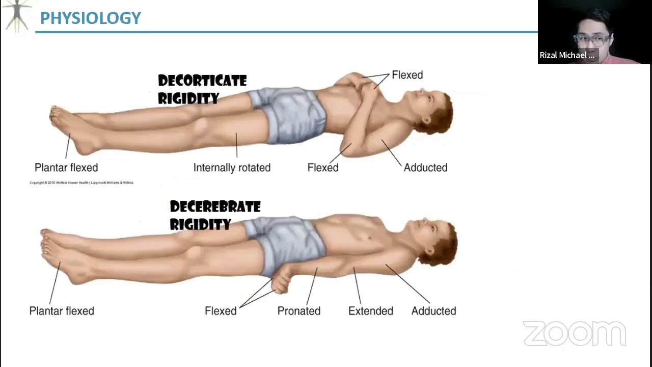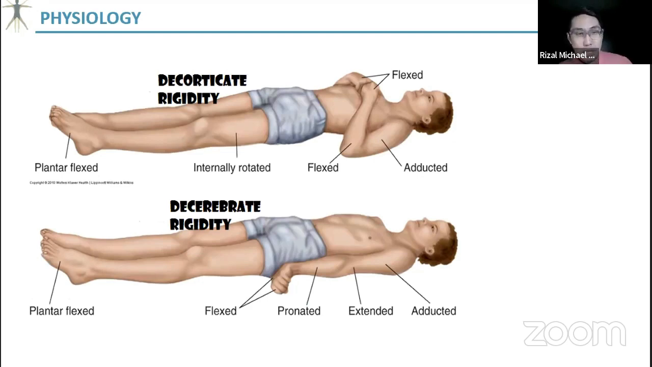Decorticate versus decerebrate rigidity, one of the physiologic concepts, neurophysiologic concepts na favorite nila. So when you say decorticate posturing, yung lower extremity mo naka-hyperextend, and then yung upper extremity mo naka-flex. So, decorticate, magbuo kayo ng O kapag nag-flex kayo, ganyan. Hindi kita pero like, ganyan. Basta i-flex nyo yung hands nyo, magbumukha siyang O, right? So, that's your decorticate rigidity. Kapag decerebrate rigidity, both upper extremity and lower extremity